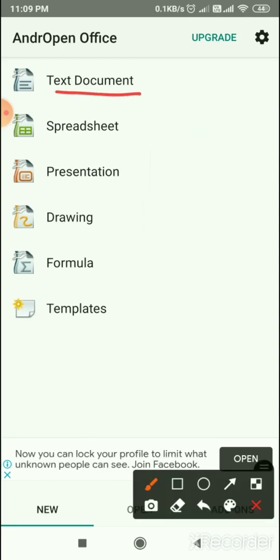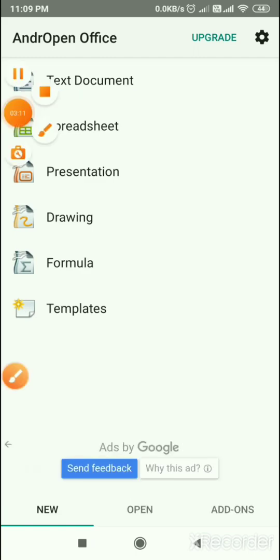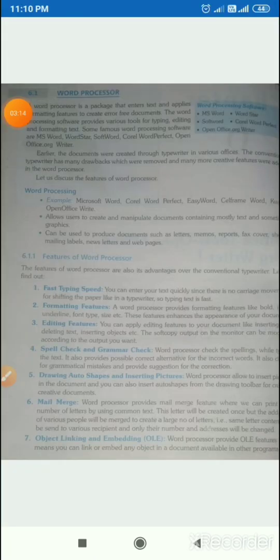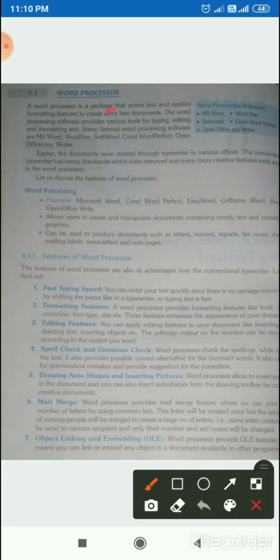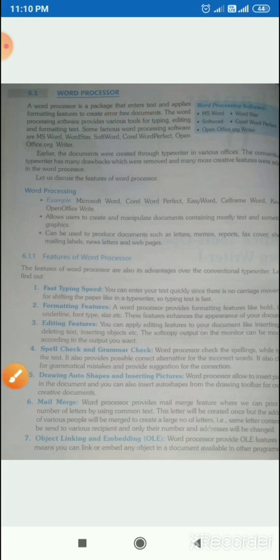Before starting the text document, children, now first I will tell you what is the role of text document. Word processor. Word processor means, children, a word processor is a package that helps us to enter text and apply the formatting features in the text document.